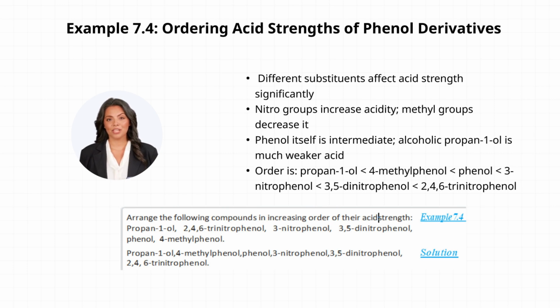As these groups appear more and in positions ortho or para to the hydroxyl group, in 3-nitrophenol, 3,5-dinitrophenol, and especially 2,4,6-trinitrophenol, acidity rises considerably. Hence, the order from weakest to strongest acid is propan-1-ol, less than 4-methylphenol, less than phenol, less than 3-nitrophenol, less than 3,5